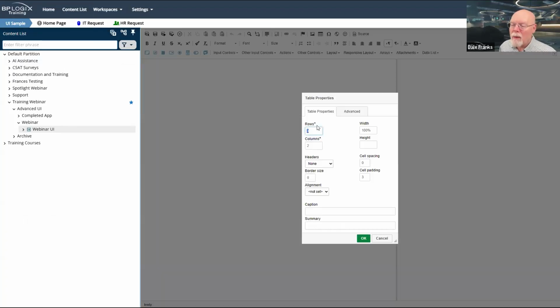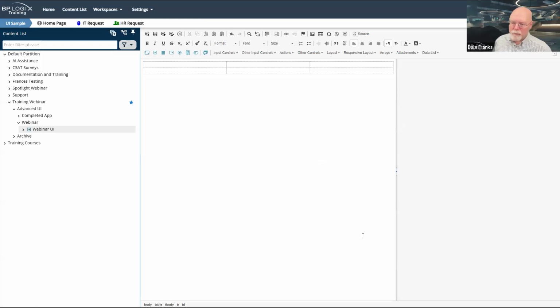So we're going to go to our table and we're going to need 2 rows, but we are going to need 3 columns. And everything else we're just going to keep as default, and we're just going to create this table. So one of the things I want to do is I want to be able to set the background color of all of these items.